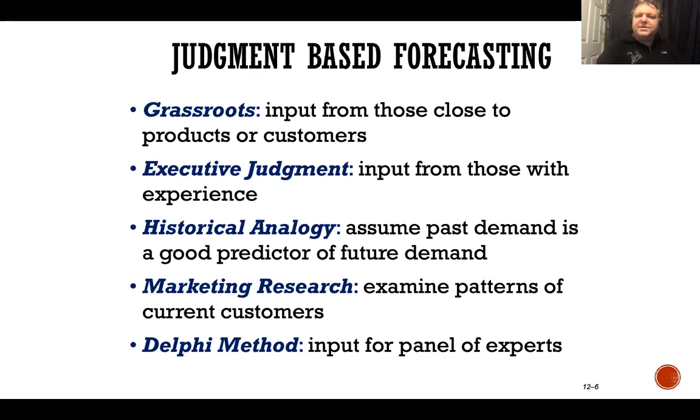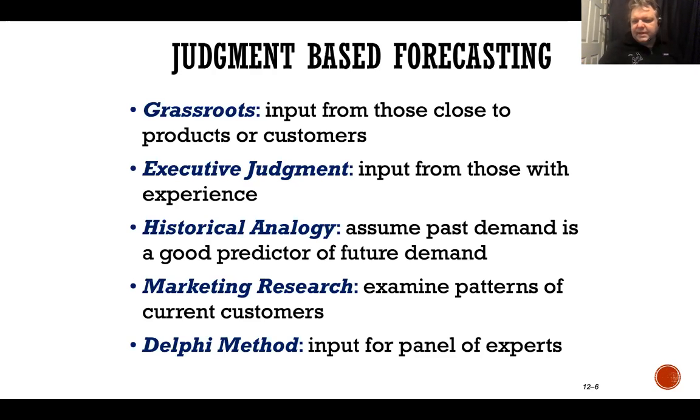So all these are 5 ways of doing what's called judgment-based forecasting. We don't really have a number to focus on, but we can come up with a number through 5 different ways. The first is through grassroots and asking customers. The second is through executive judgment, having a person with insight. A third is through historical analogy, comparing the past to the future or the current demand. Fourth is marketing research, going through a third-party company or some professional company and getting research on what's happening with similar products, what's happening to competitive products, et cetera. And the Delphi method is a panel of experts, just like you're my fuel experts about what gas will be tomorrow.